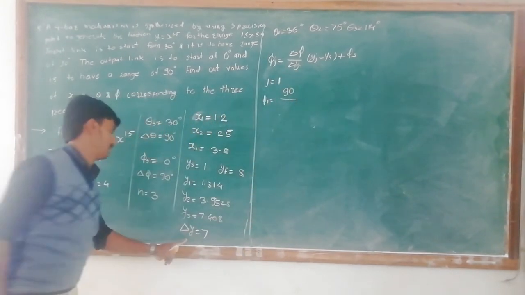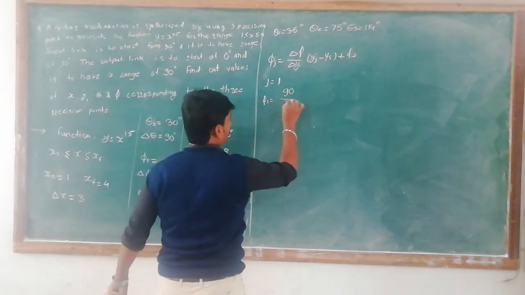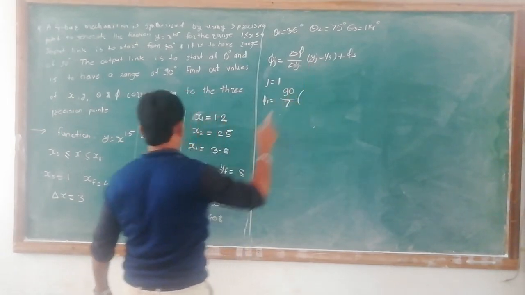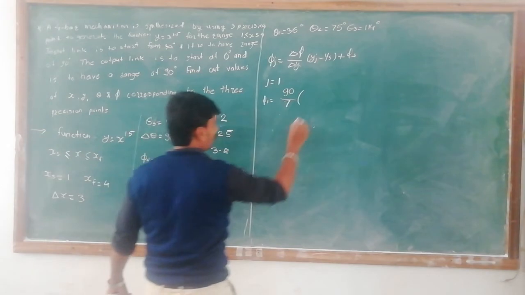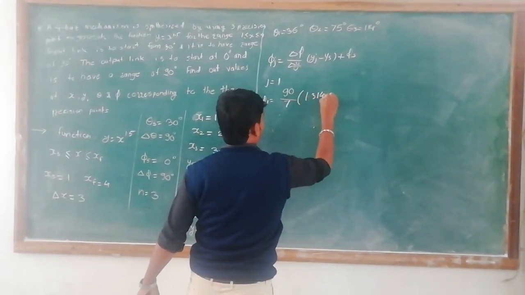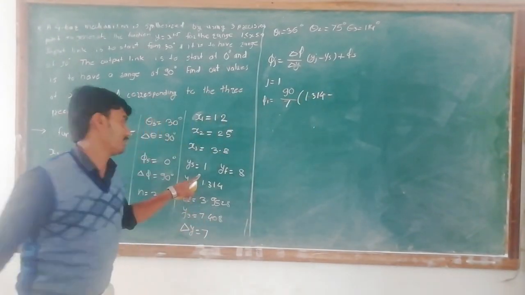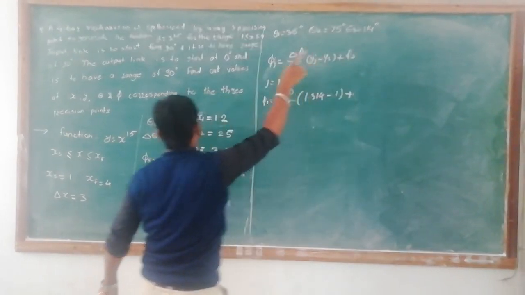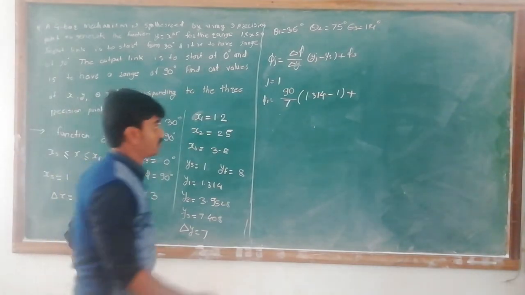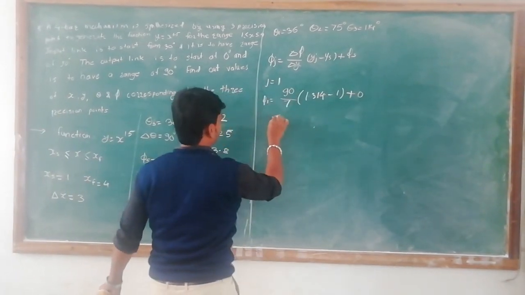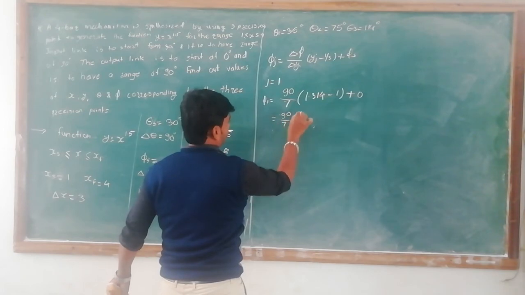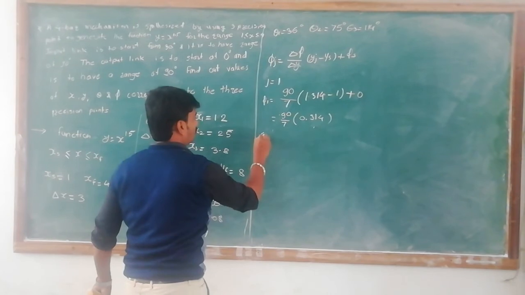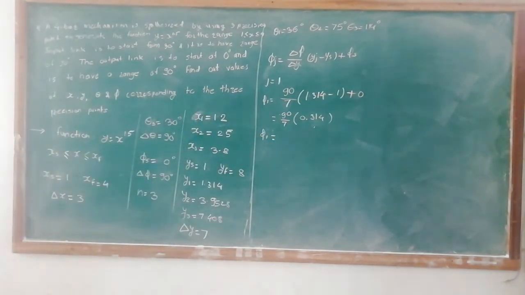Delta of y is equal to 7, and y of 1 is equal to 1.314 minus y of starting, which is 1. Phi of starting is equal to 0. So it is equal to 90 divided by 7 into 0.314. If we solve this, we will get phi 1 is equal to